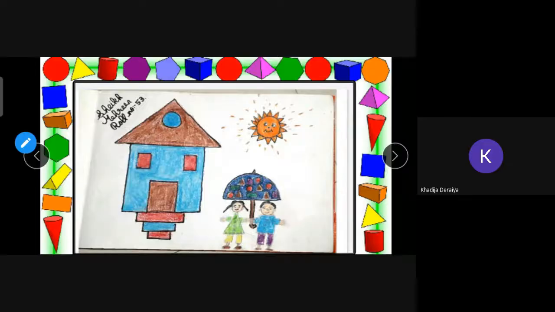Whole house, that she has only used the shapes. So you can see this one. Just now I've explained this one. You can observe which kind of shapes she has used for the whole picture. Mostly she has used the shapes. You can see most of the shapes being used, even for the body, umbrella, house, everything.